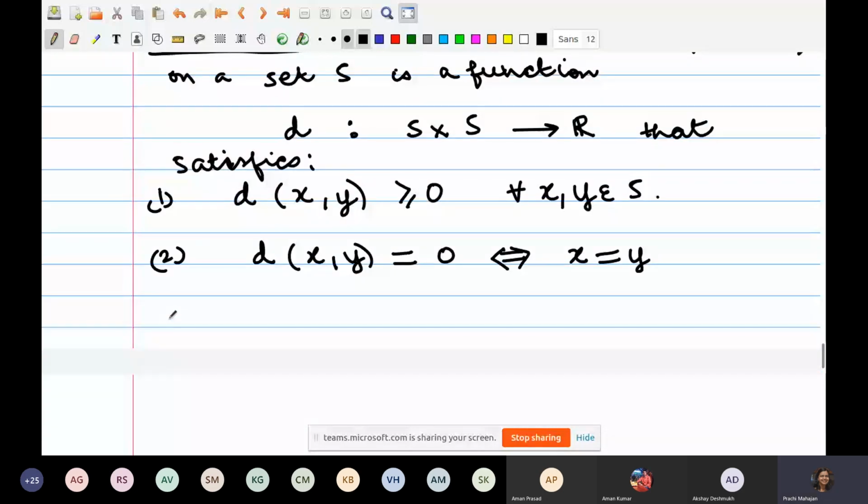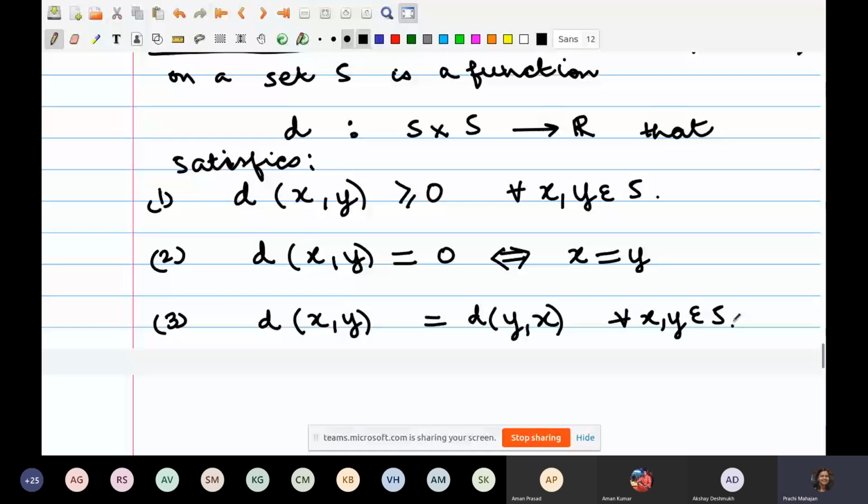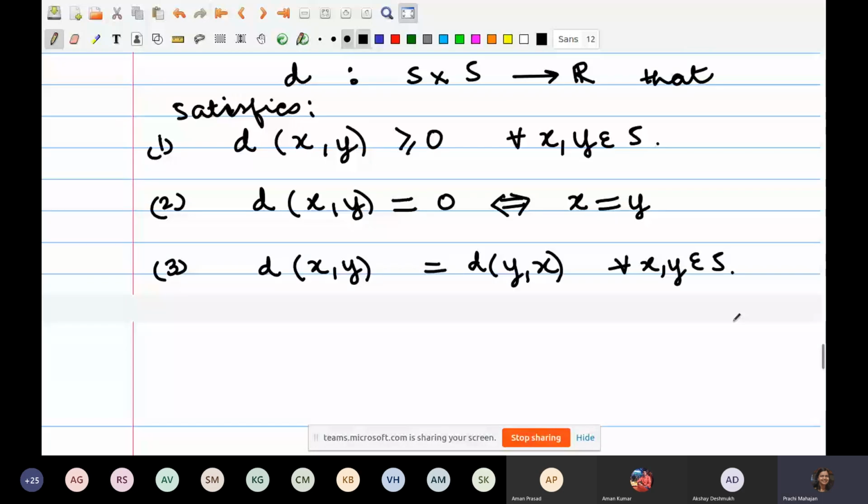That is the second. The third is, the distance between x and y is the same as the distance between y and x, and this is true for all elements in this set S. That's the third property. And the fourth one is,